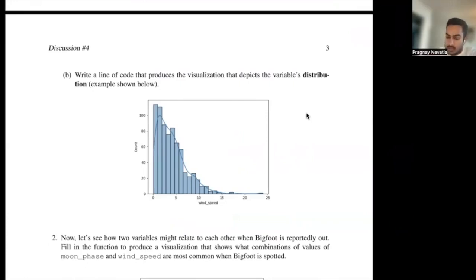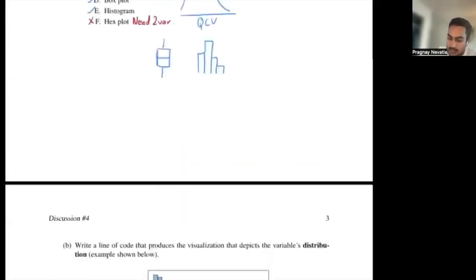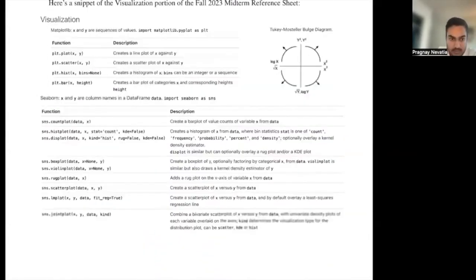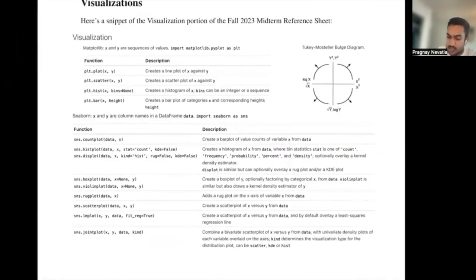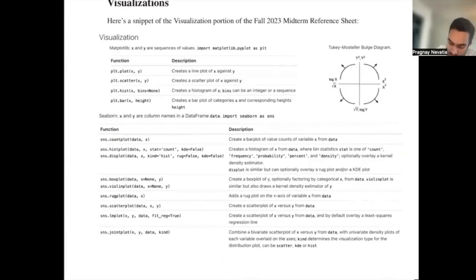So here this is a histogram, and you can also see that there's a KDE curve on top of it. And here you have the wind speed on the x-axis and the count on the y-axis. So how do you do this? Well, you can use Seaborn's methods. So let's scroll up to the documentation that we have, and we want to make a histogram and also need a KDE curve. So in our case, just a histogram,